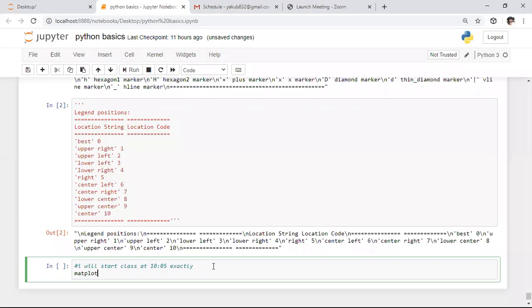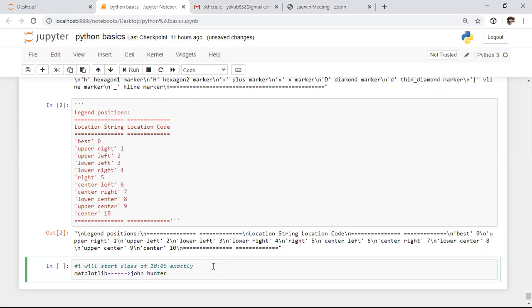The topic is called the mathematical plotting library, matplotlib. It was developed by John Hunter, the father of this library. He developed it in order to visualize data in a graphical manner, either as a 2D graph or a 3D graph. For that purpose, we need to use this module.